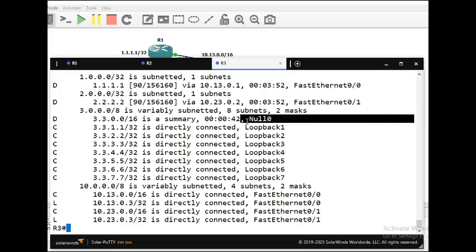The answer is to prevent loop. If it points towards a single interface, it will cause a loop. The reason is the summary route is part of multiple interfaces. It can be a logical loopback interface, and it can also be multiple physical interfaces. Okay, after doing summarization, if you now go to router 2,